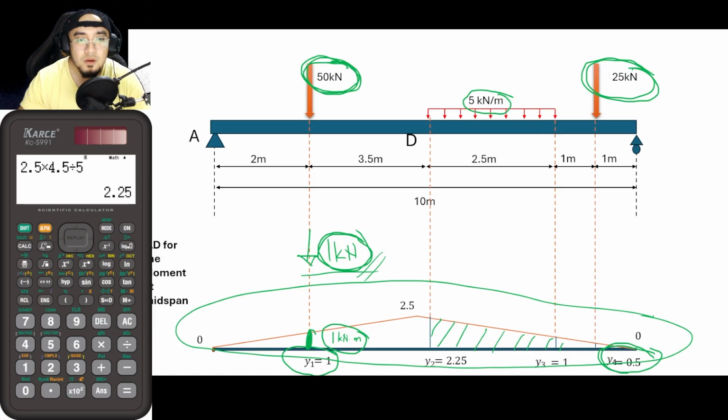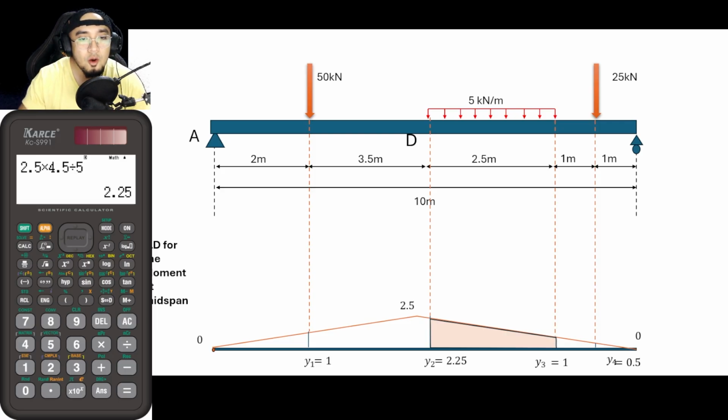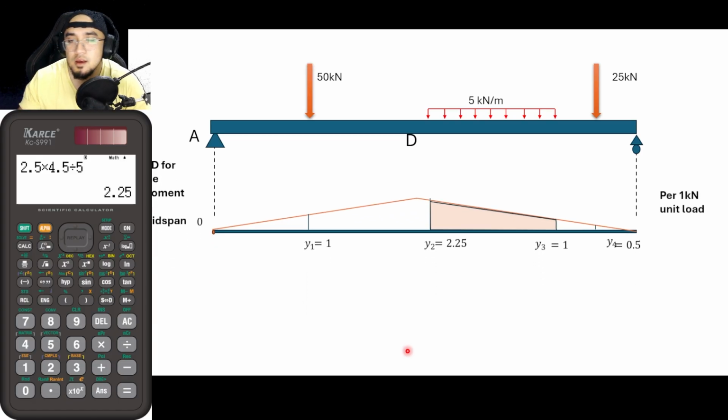Okay? So, let me just project this here. So again, this is now our projection. So in me explaining it in another term, take note, guys, that this ILD here that we created is unscaled actually, or this is per 1 kilonewton load only. And as you can see here, this is not 1 kilonewton, this is not 1 kilonewton, and this is not 1 kilonewton. So since this is unscaled, hindi po siya nakascale, what we would be doing is that we will be drawing, or we would be imagining what the actual